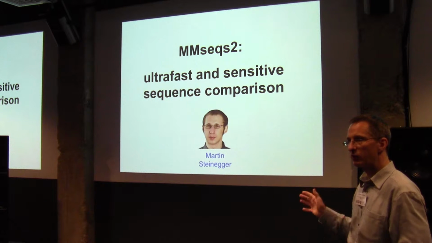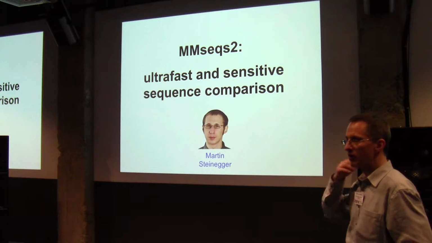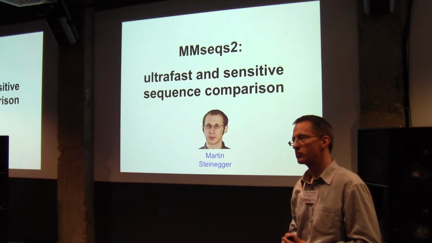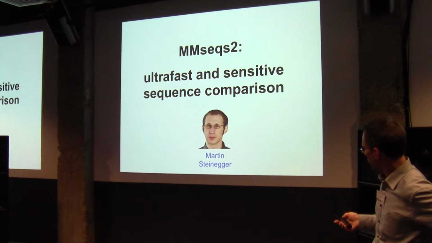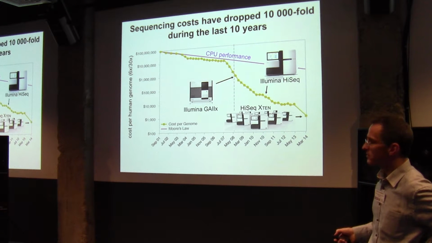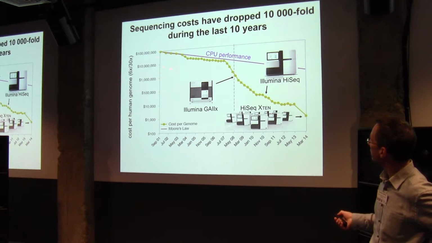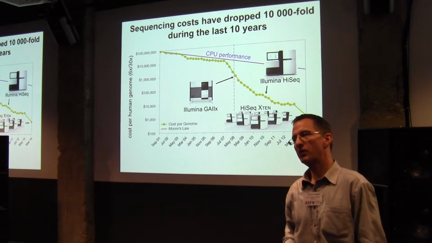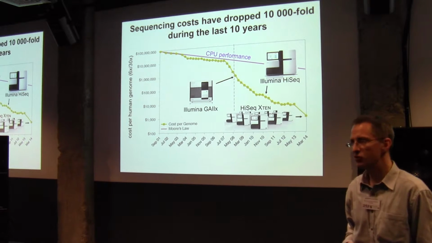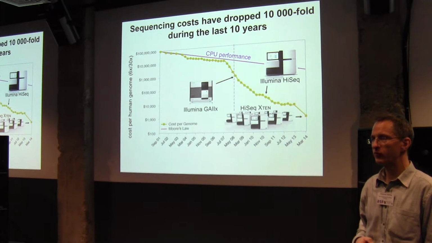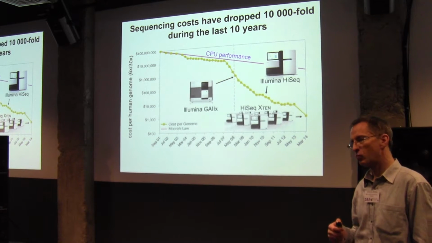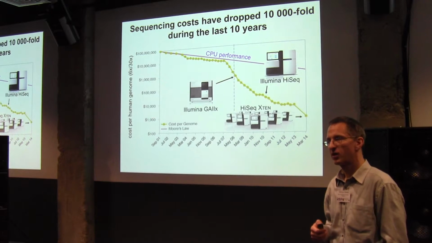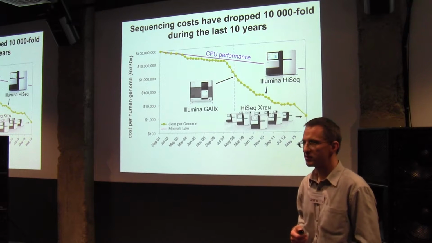So this is the same algorithm that we use to cluster UniProt, but it has evolved so much that now it's actually a very powerful sequence search algorithm. In contrast to HHsplits, it's much faster. Why is it so? Later, when we saw how powerful it had become, we realized that it's not only useful for clustering but also for sequence searching. And where do you need to be very fast? Well, you need to be very fast in metagenomics and applications that use NGS data.